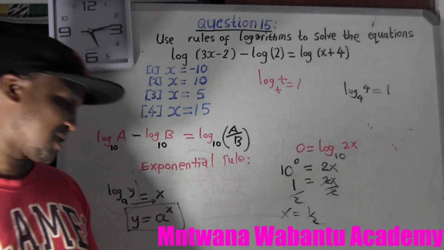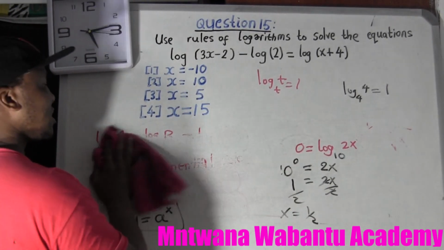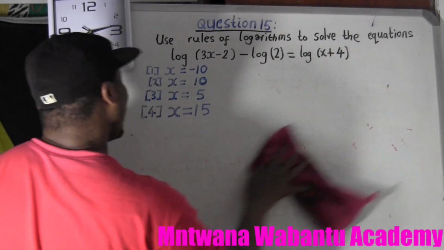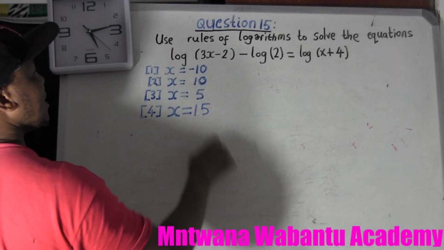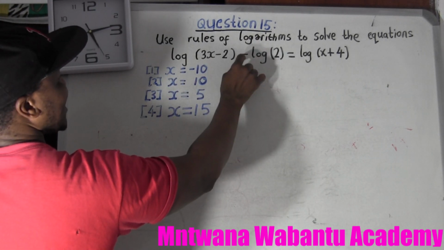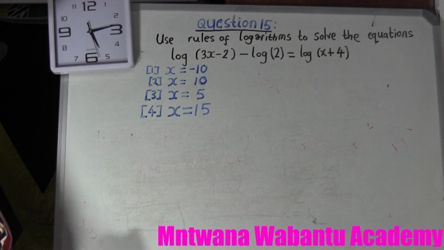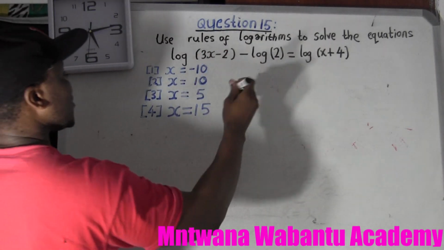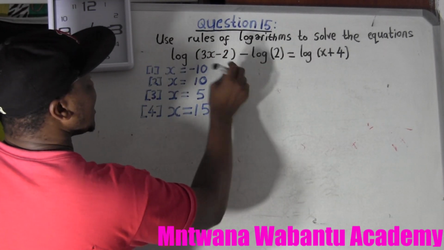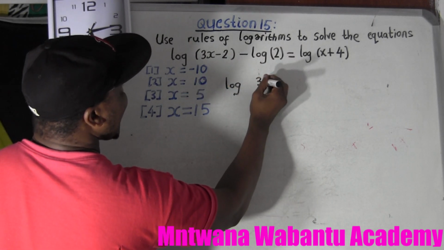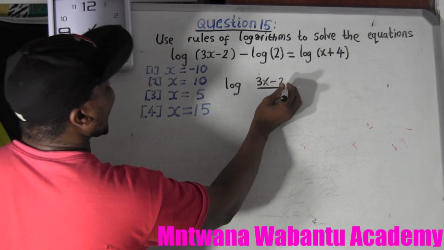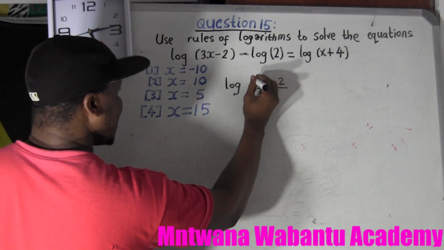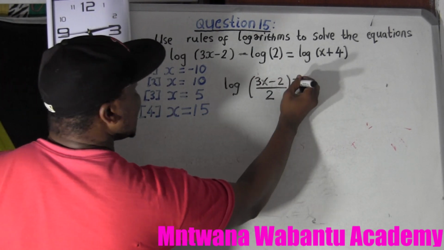There are a lot of rules, but this is some. If you go to the question, it's a very simple question. You just need 1 second to fix this. Okay. See here, the bases are the same, and then we have a minus. If you have a minus, we divide because the bases are the same. So I'm going to put them together. Let me say log of the first one, which is 3x minus 2. I'm going to divide. Why do I divide? Because there's a minus here. Divide by 2, and then equal to log